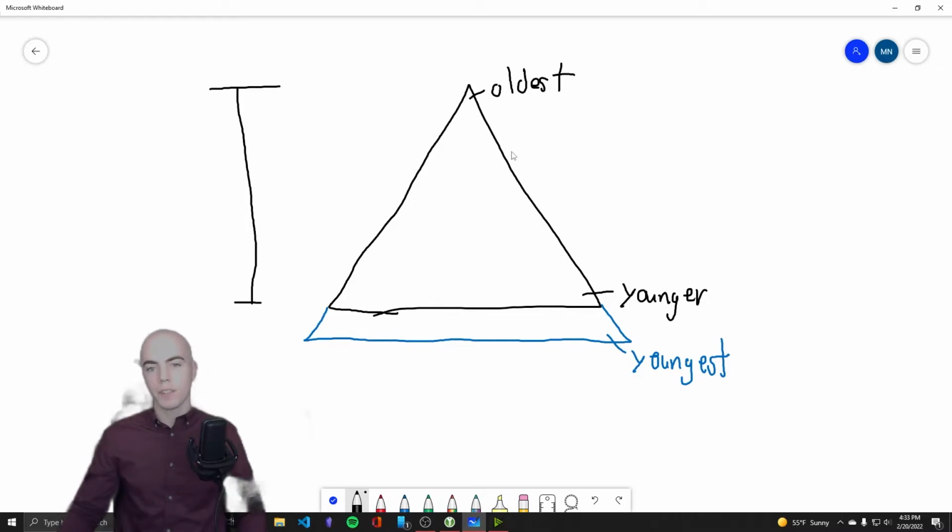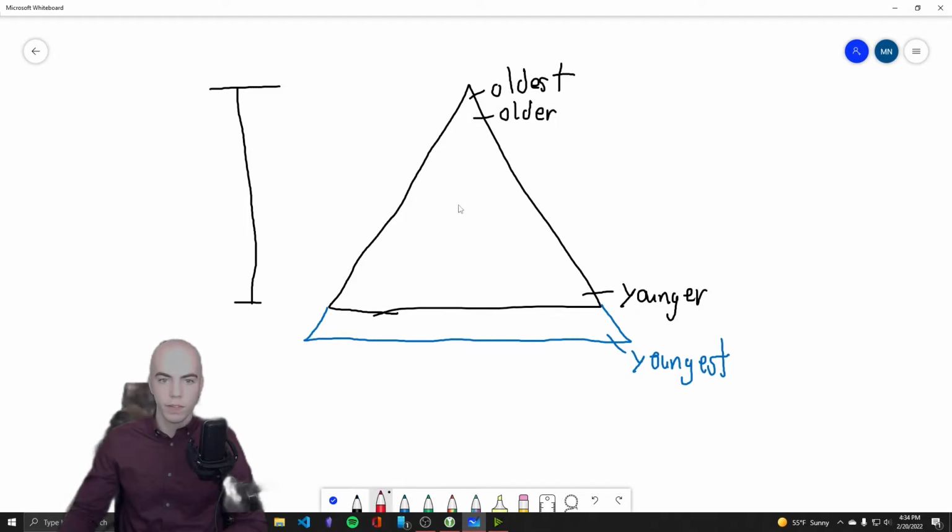But mountains break down over time. So this won't always be the oldest. In fact, eventually it won't exist anymore. So let's say that's the oldest and this is older. But eventually, this part, all in red up here, weathers away. It breaks apart. It gets worn away just by being exposed to nature. And now it can't be the oldest because it doesn't exist anymore.